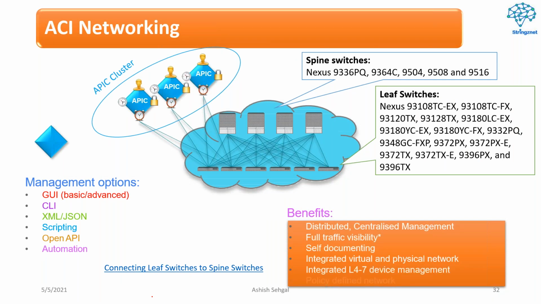All right, coming over to ACI networking. Hope you can see, guys, the topology. This topology wherein we have the switches at an upper layer, and switches at a lower layer. It is just a two-tier architecture, right? We officially do not call this architecture a two-tier architecture, but we call it the leaf and spine architecture.